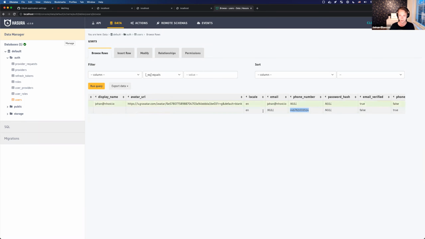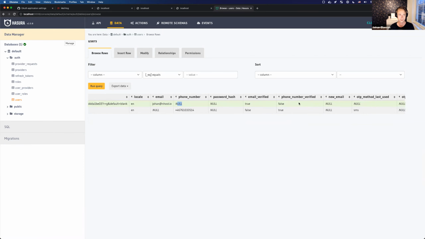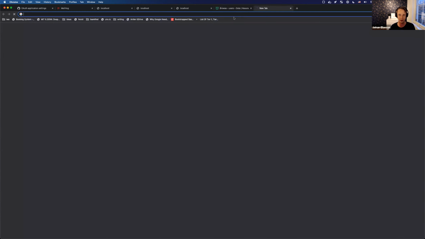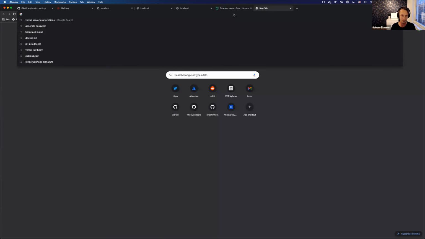And all these sign-in methods can be combined. So if the first user here had an email and a phone number, they could use any sign-in method they want, basically.